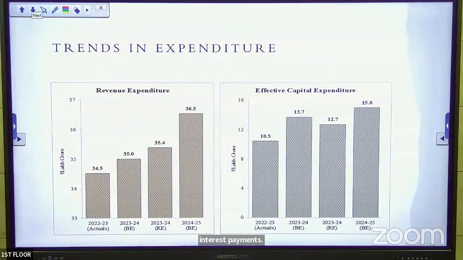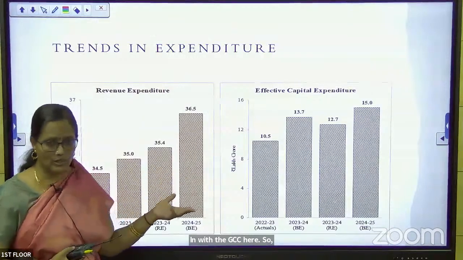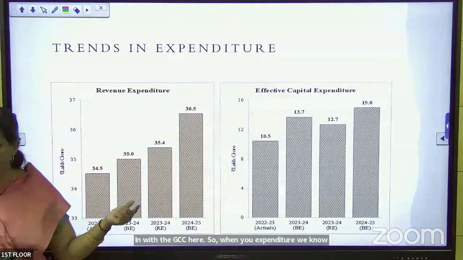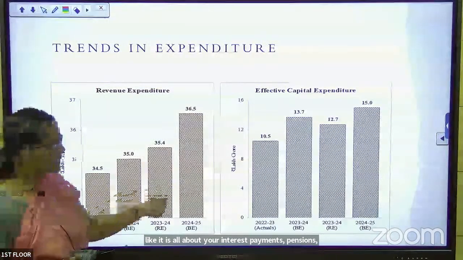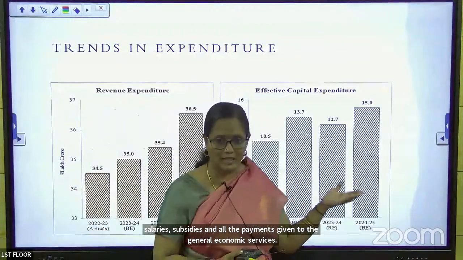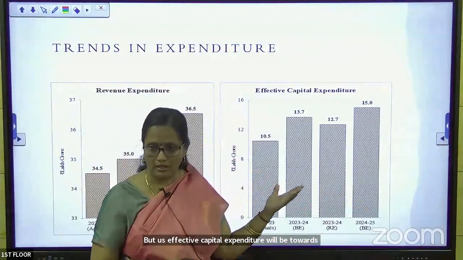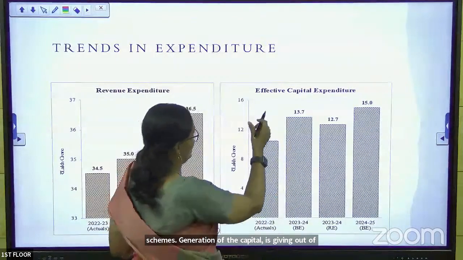This is about the revenue expenditure and about the effective capital expenditure. That's the word which we wanted to bring in with the GCC here. So revenue expenditure, we know it is all about your interest payments, pensions, salaries, subsidies, and all the payments given to the general economic services. Whereas effective capital expenditure will be towards the schemes, generation of the capital assets, giving out of the loans and other things. But here the word effective comes